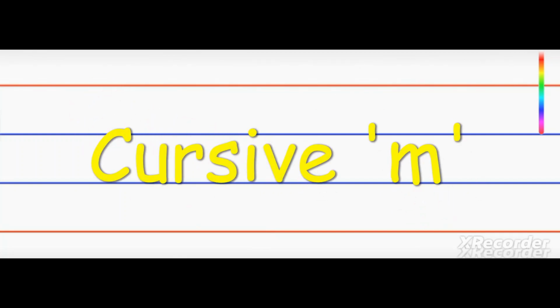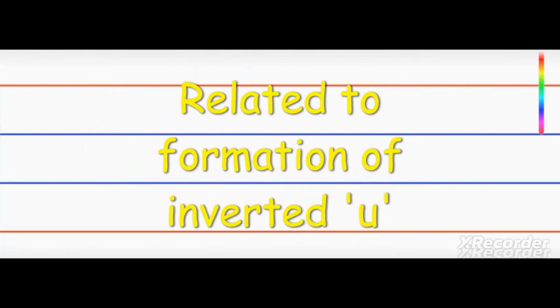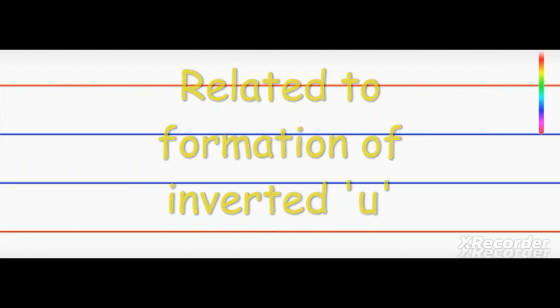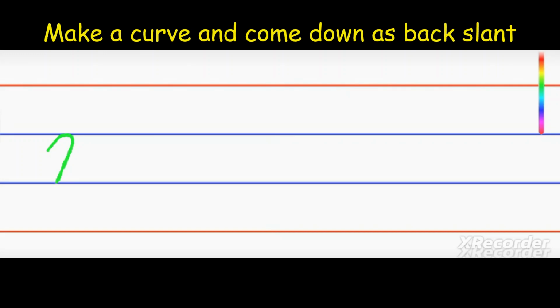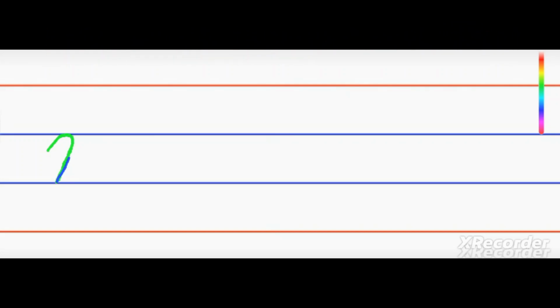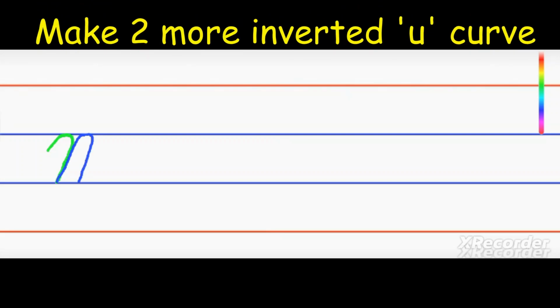The alphabet for today is M, related to the formation of the inverted U curve. So let us start. After making a curve, you will come down as a slant line, go up on the same line, make one more inverted U curve and come down again. Then go up again on the same line, make one more inverted U and come down again, and pull out